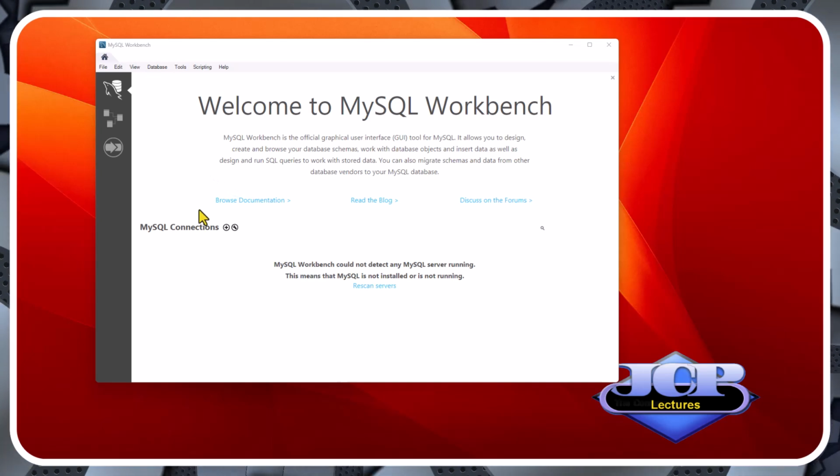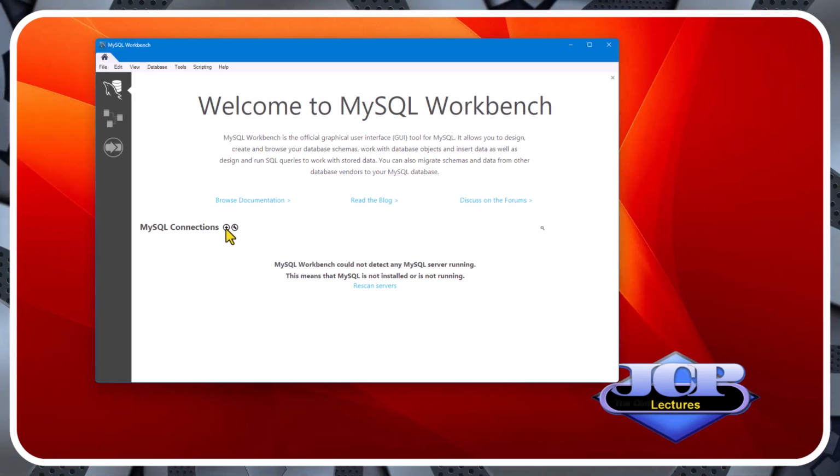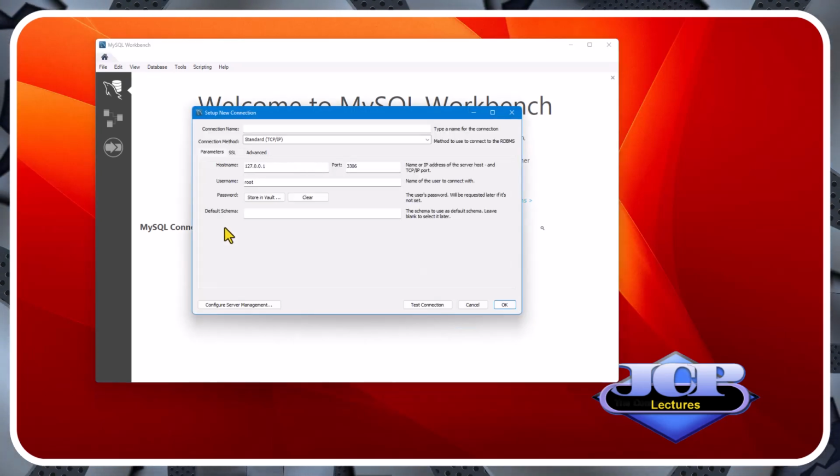Clicking the plus sign, we can set up new connections, filling a form with the information of the server and the user.